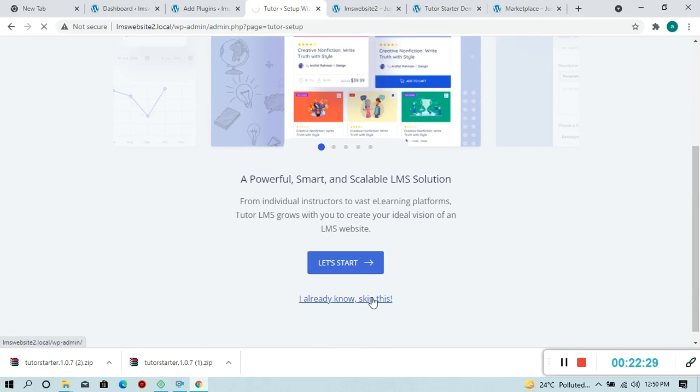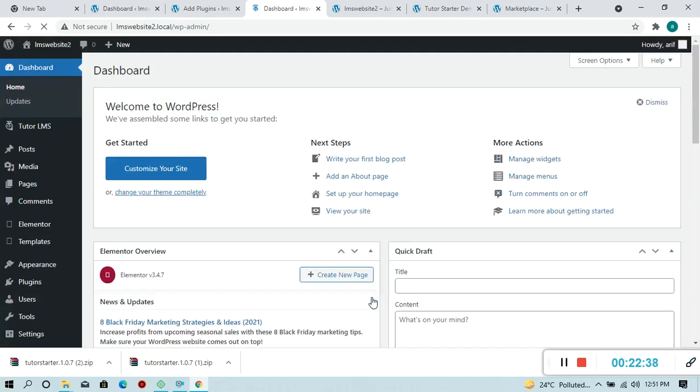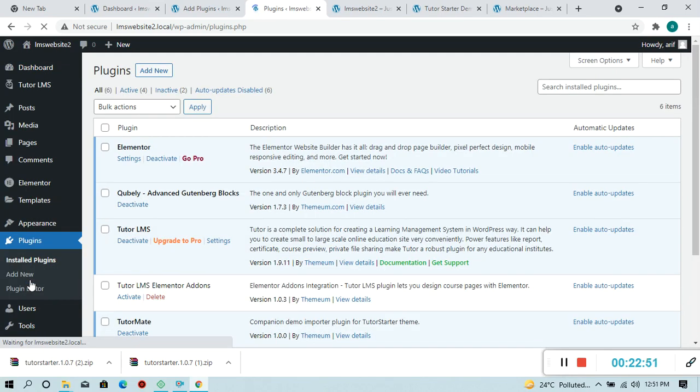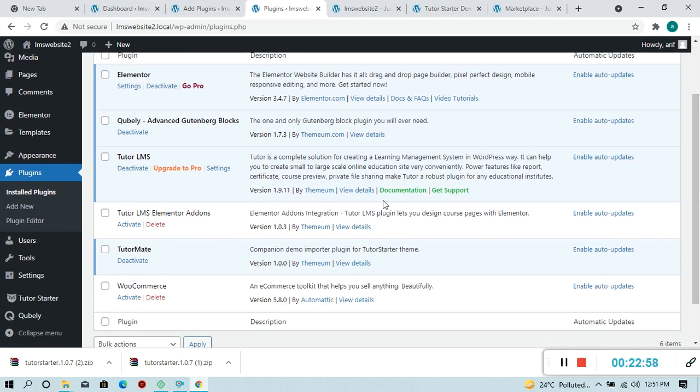Click on the skip this. Three more plugins have to be activated.